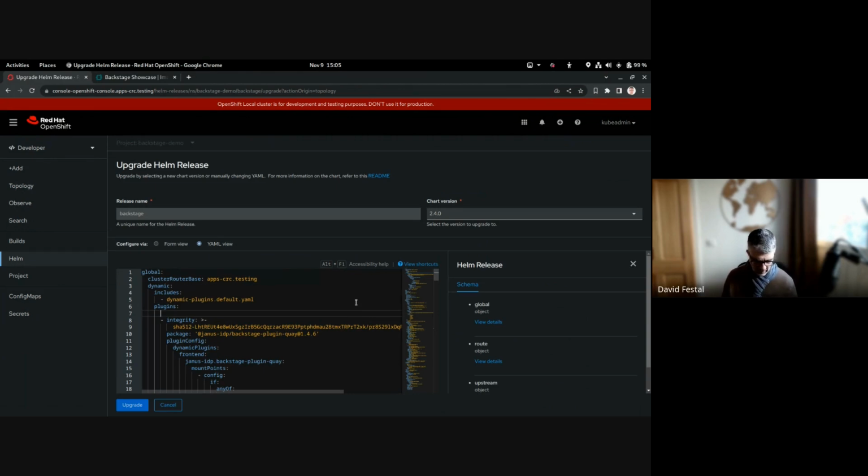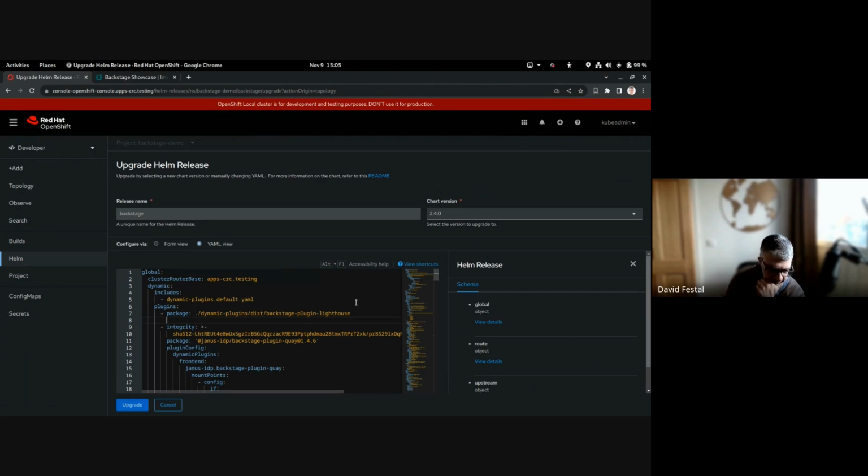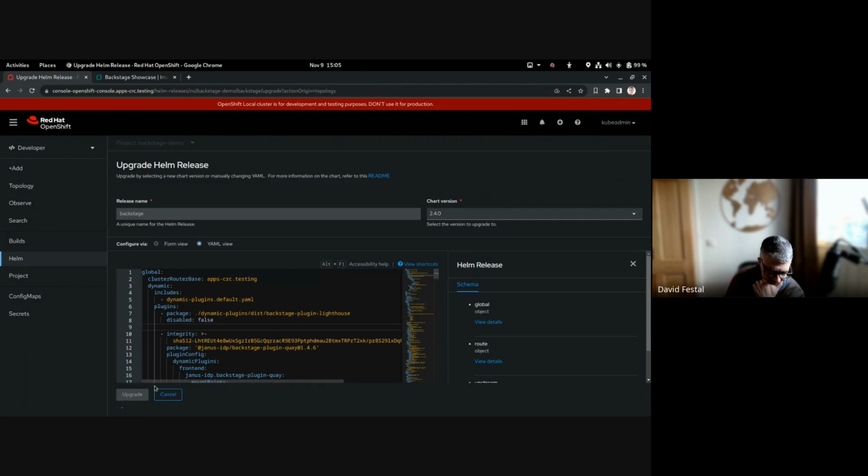If I mention a plugin whose definition has already been imported from one of the includes here, then I can override the fields which are defined in the included file. So if I do disabled false here and restart that,